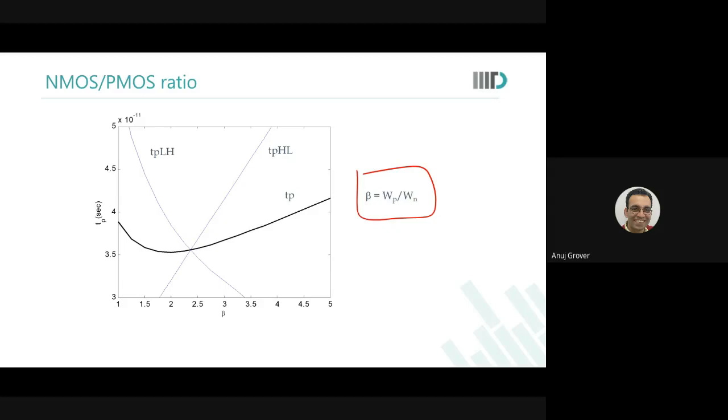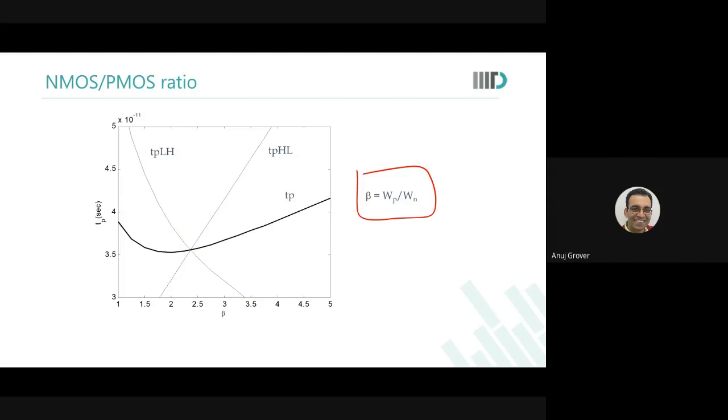As you scale devices to smaller lengths, for example, if you talk about the gate dielectric, the gate dielectric also needs to become thinner so that you continue to have good control over the gate. Am I right? That was where we even talked about high K dielectrics and why we needed them. Yes, sir. So as you make the gate oxide thinner, what happens? This thin dielectric will not be able to bear 5 volts across it. So for the stability of this dielectric, you need to lower the supply voltage.